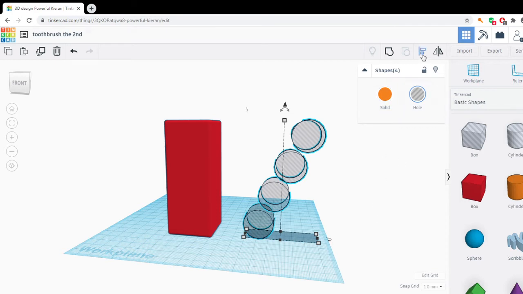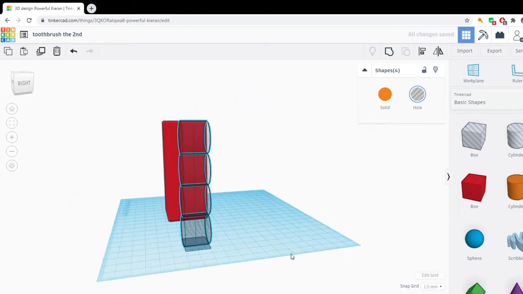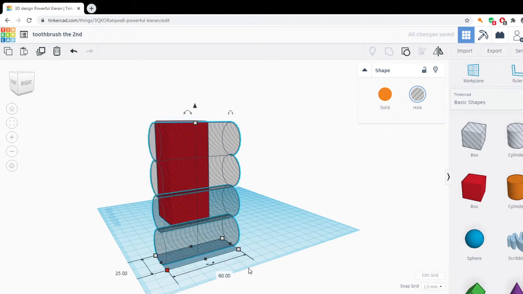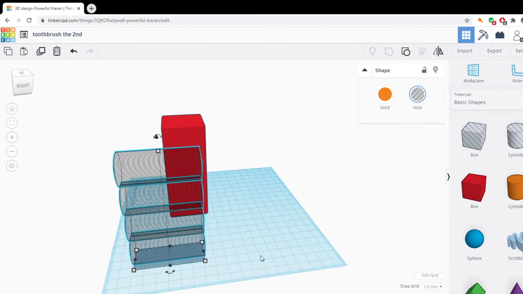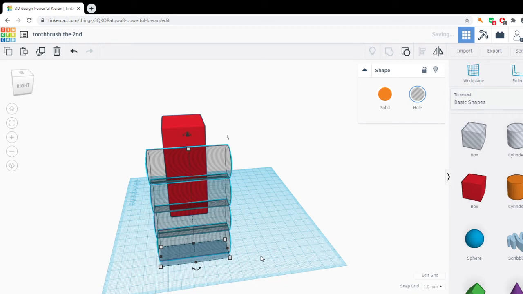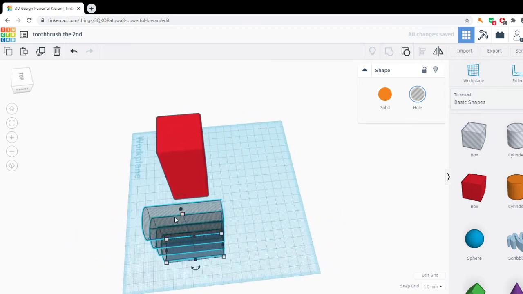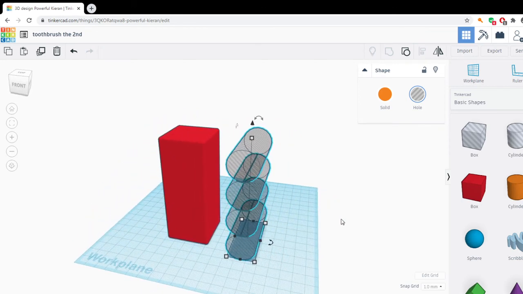I've selected these all. I'm going to align them again, which I love to do. Really makes your life a lot easier. And what I'm going to do is group these as well. And I'm actually going to pull them out. I'm going to just select this here. I'm going to make it sort of 60. Let's see. And I'm going to use the keyboard cursors to just move this back. And I don't really care what length it is on either side. I'm just going to do it so it goes over the required length